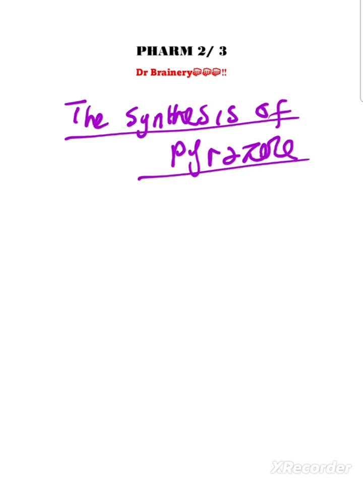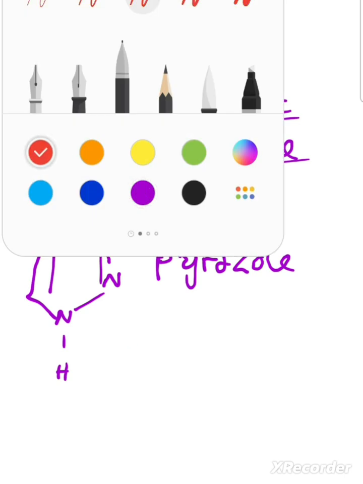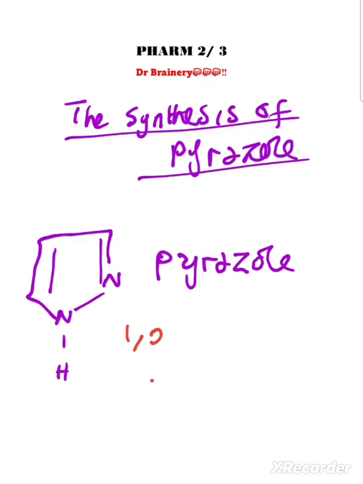Among those, we have pyrazole, which has nitrogen on position 1. So here it has pyrrole-like nitrogen. It's like this, then a double bond there. So here we can put a double bond and here a double bond. So this is called a pyrazole. You get? When you say nomenclature of this pyrazole, we can say on position 1 and on position